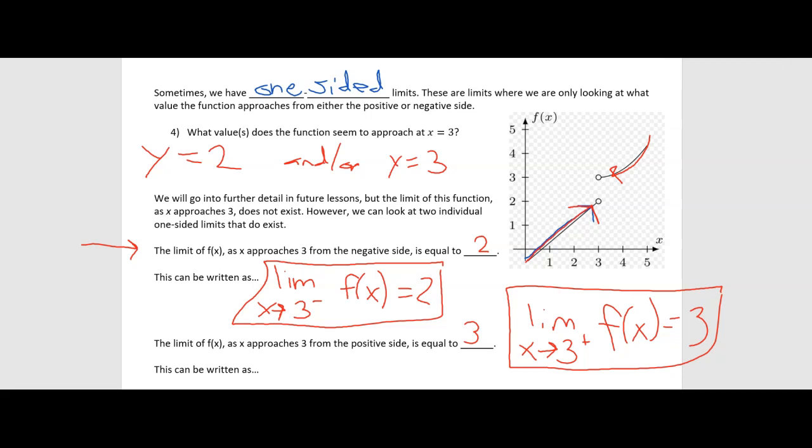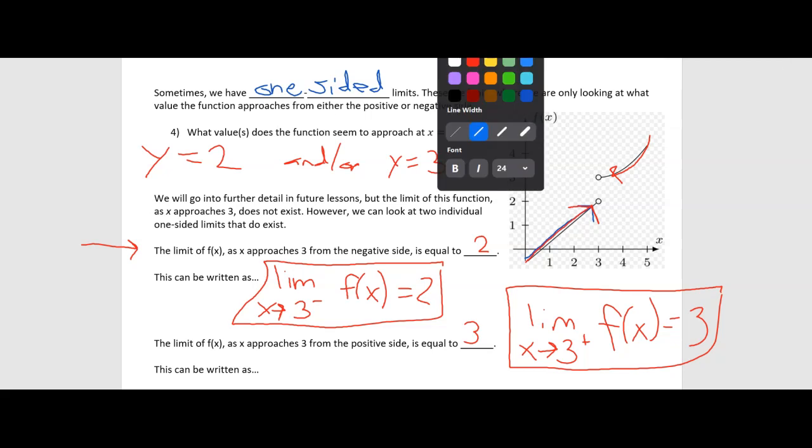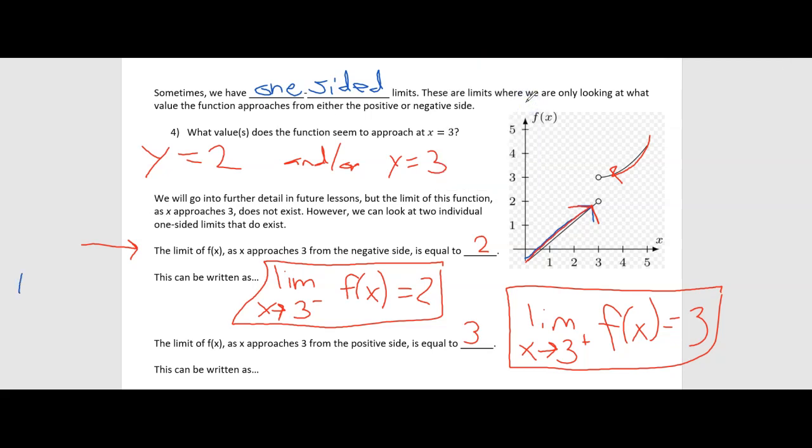So again, the only difference here is when you're doing a one-sided limit, you need to put the little plus or minus sign next to whatever value the function is approaching. If you forget to do that, then the expression or equation means something completely different. Because notice if I just said the limit as x approaches,